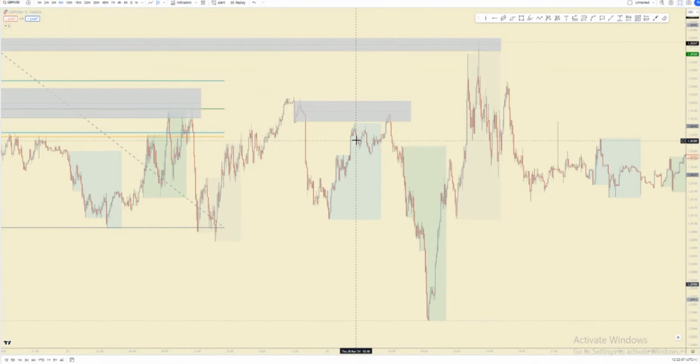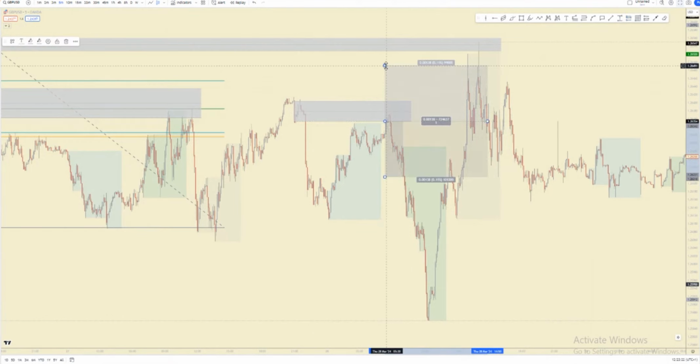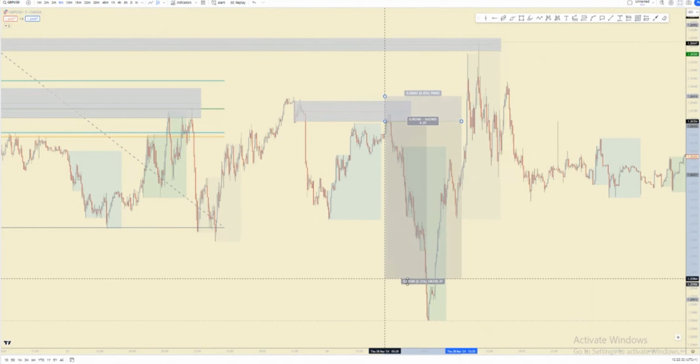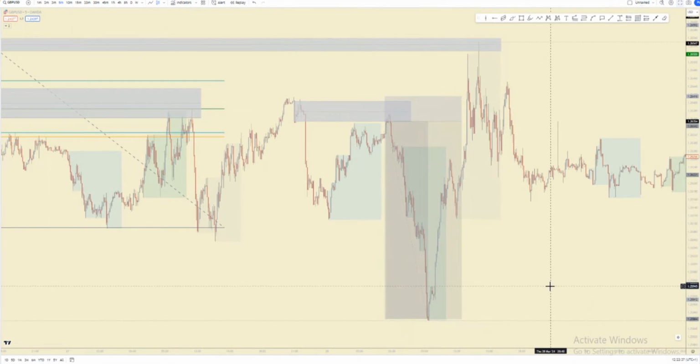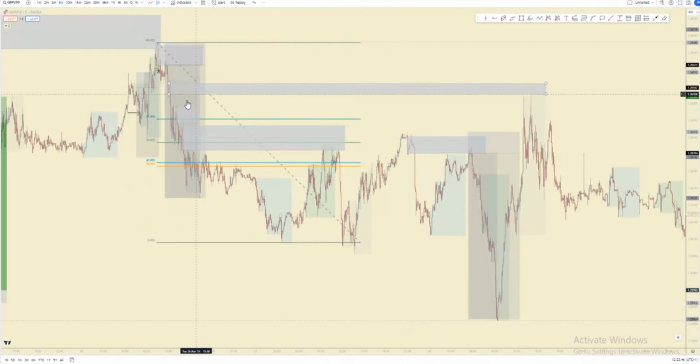Asia was trending fine, right and good, but to where? To a supply zone, and that is where it reversed from. So this was our entry right there, and then our stop right below it or above it, and then it can hold up to this point, 1 to 80 or stuff like that. It doesn't matter. Even though price still reversed later and then came to that first supply zone we marked out.